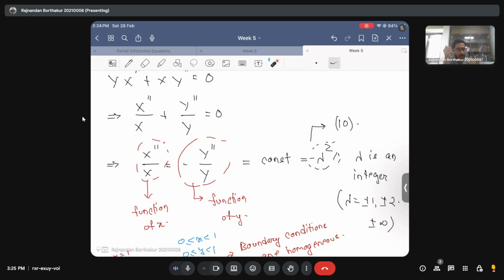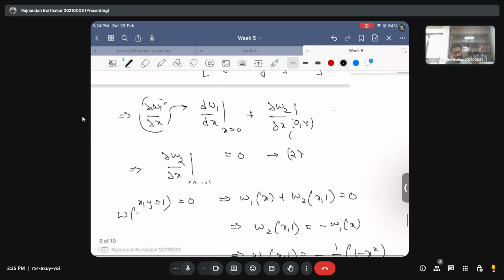Then the only possible sign lambda squared can have is negative, because only then, if I solve this, I know that I am going to get a periodic solution, okay? So I'll write it down that